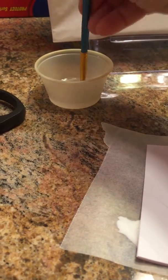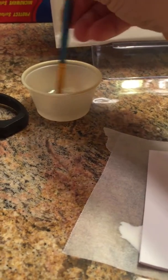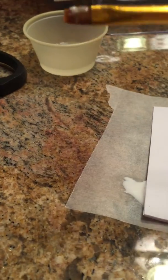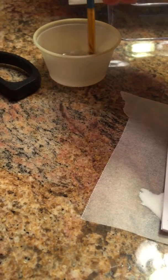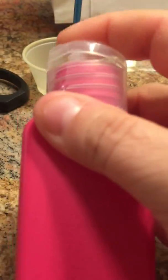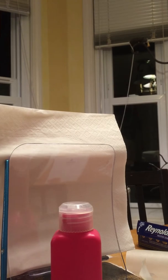And once that dries, and that dries within a couple of hours, I'm cleaning my brush here now because this gets really gummy, as you can see. So that's where I'm using my paint thinner to clean my brush, because this stuff does not clean well in water. All right, but what's cool is that once this dries,